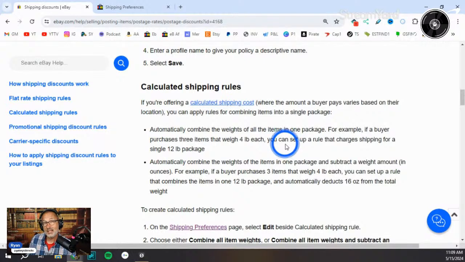You would want to do that if you think you've fudged the weights a little bit when you put in the weights in your listings. I weigh everything. I'm a nerd. So I weigh everything in advance, so I know exactly what my weights are going to be. So this works really well, again, especially for media sellers where there is a huge amount of difference.